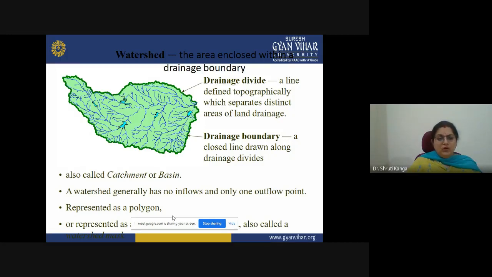It can also be called a catchment or a basin. These are the bigger units, the catchment basins. So these all are denoting different features of the water bodies.